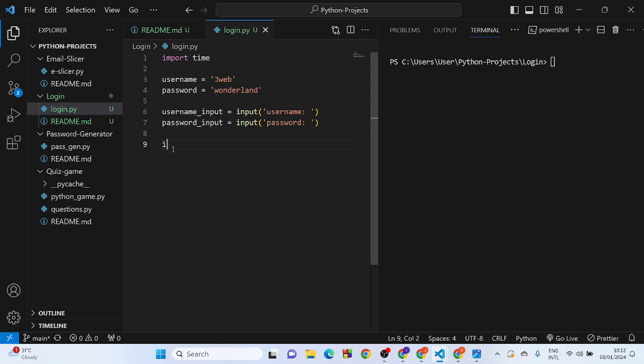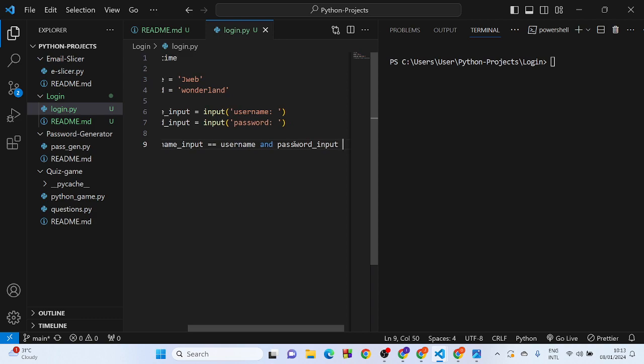So first you have an if statement. If username input, that is the one inputted by the user, is exactly the same as username, which is this. If what the user will enter is exactly the same thing as what is here, that's what this statement is talking about. And password input, okay, sorry,